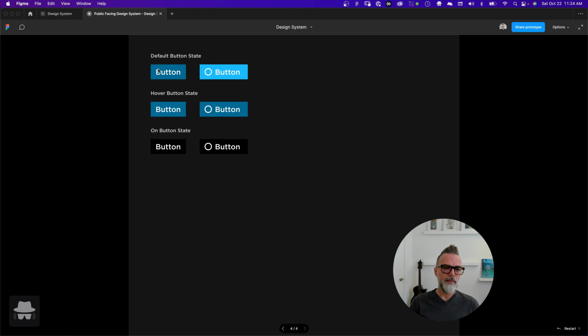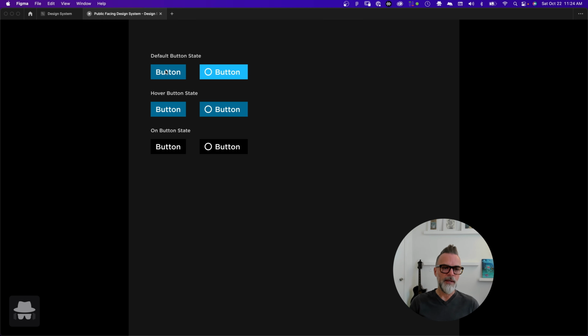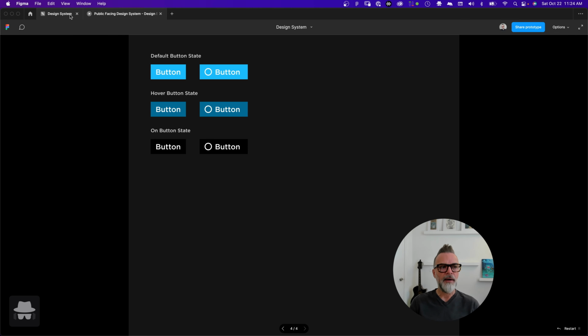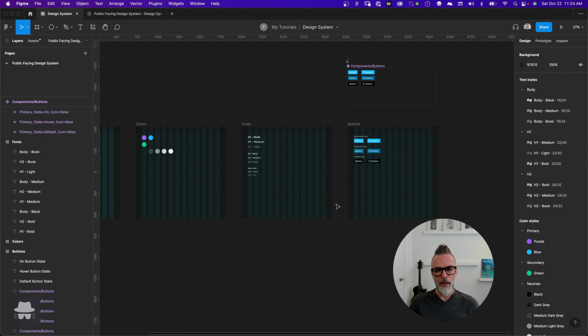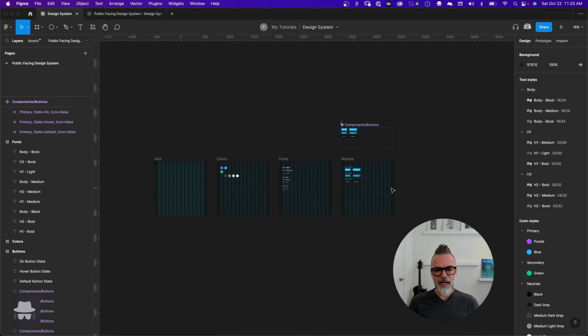And so now you can see, because we have the hover state on this first button, the hover state still works and it's still active. But here, this button doesn't do anything. This is our hover state. This is our on state, which we haven't wired up to do anything. So these aren't going to actually be active unless we were to make them active in some manner. So that's a really basic introduction into